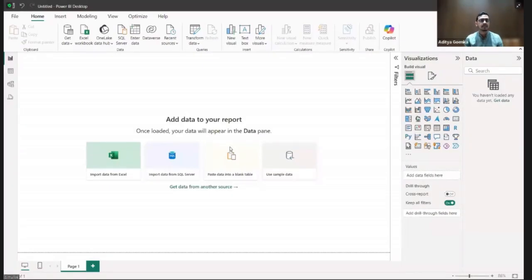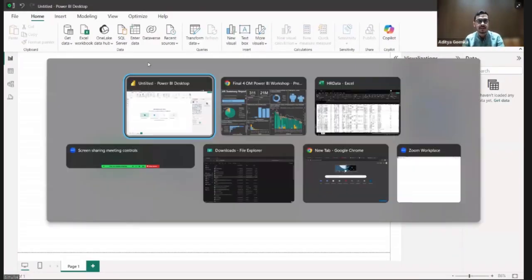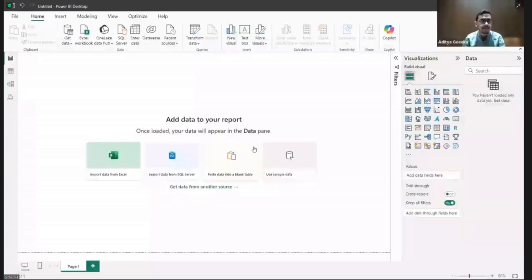Okay? Now guys, once we are set with this, let's go ahead and start with the actual implementation. Let's actually start creating our dashboard. Okay? So step number 1. What is step number 1? Guys, what do you think? What is step number 1? Step number 1 is actually uploading our data, importing our data. Absolutely right. I see so many correct answers in the chat box. Importing our data, getting the data set into the Power BI, right? Because the data set is right now in Excel. We need to get it into our Power BI window. So step number 1 is loading the data.